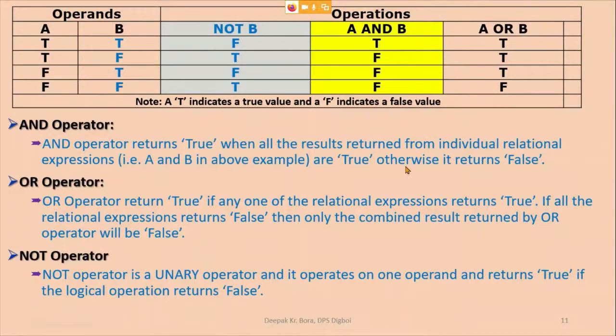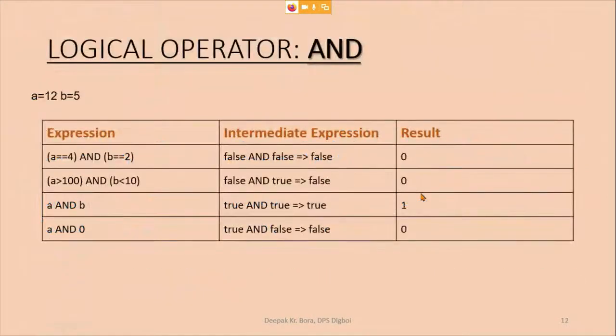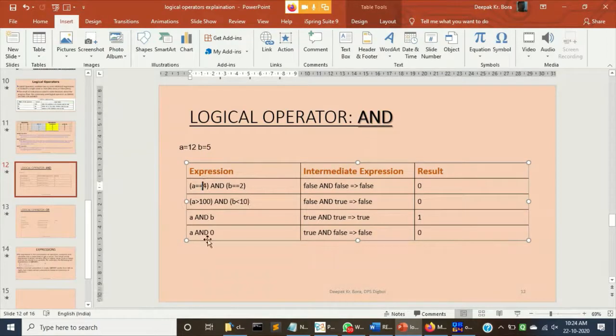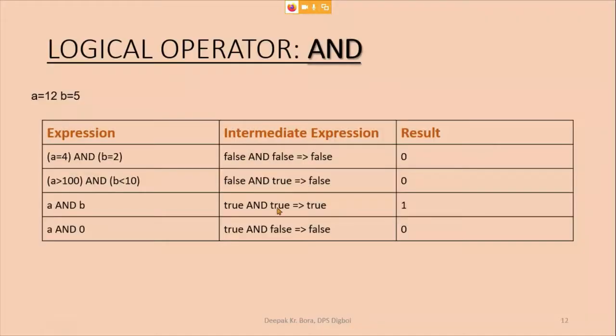Okay, let us see an example here. Here I'm using the logical operator AND. Here is the expression. Oh, sorry, here A should be equal to, I have used a double equal to. It is from some other example. Just wait. It should be a single equal to. Actually, in C++ or C, we use the double equal to sign. So here A equal to 4 and B equal to 2.